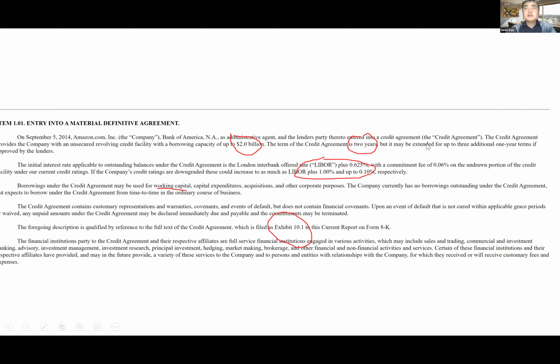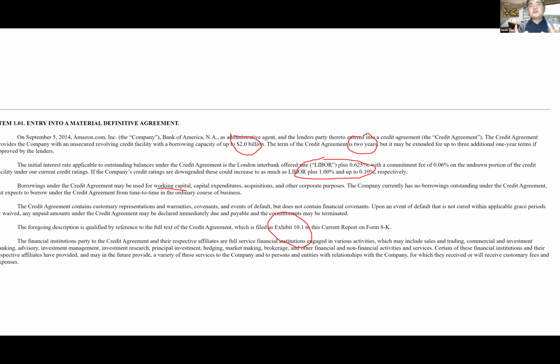One is a credit agreement, which means they can use the money anytime they want. It's like a credit card. Another one is the fixed loan. With the fixed loan, they get like $2 billion today and they can use that. So this is more of a credit type of loan. Basically the idea is that Amazon may not actually use the $2 billion. They just want the $2 billion available there. If they want to use it, they just use the credit card. If they don't use it, the $2 billion is sitting there in the Bank of America.